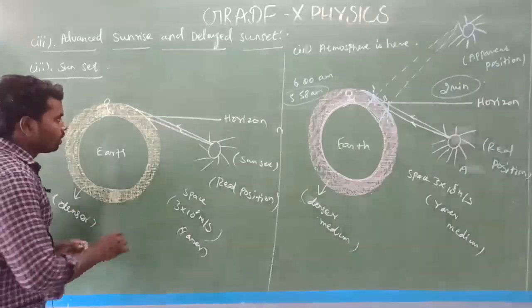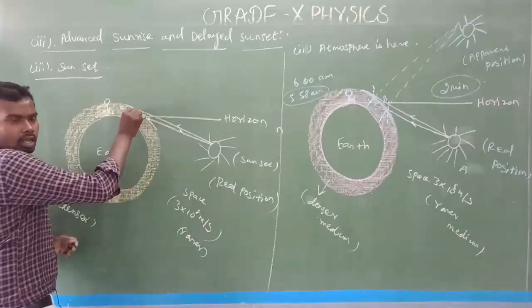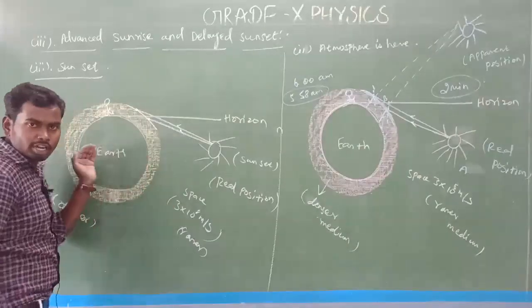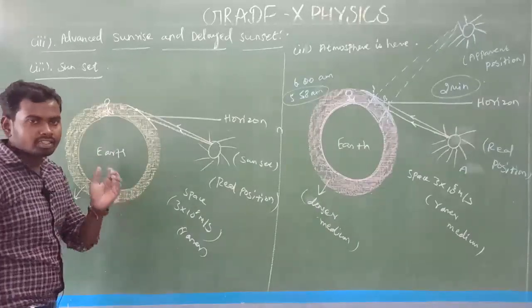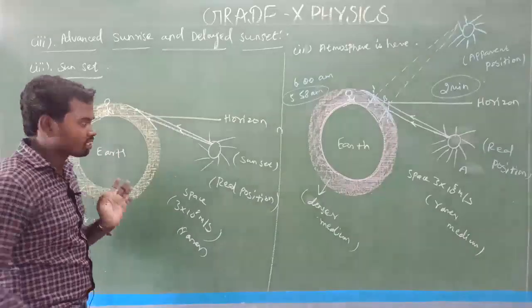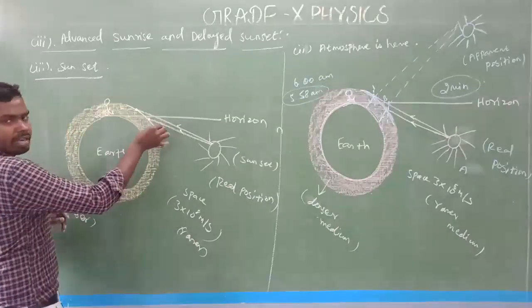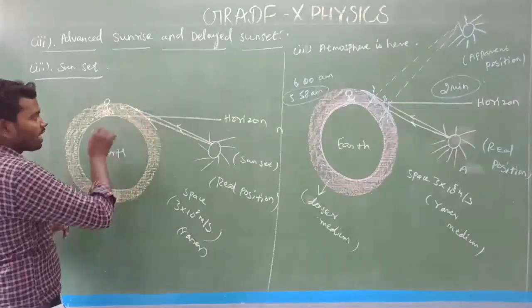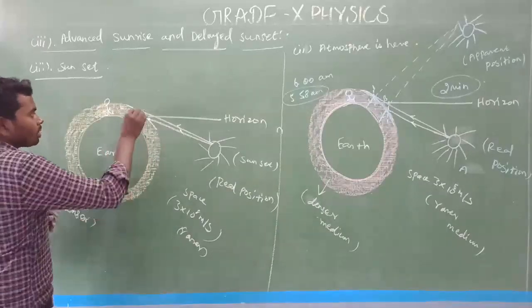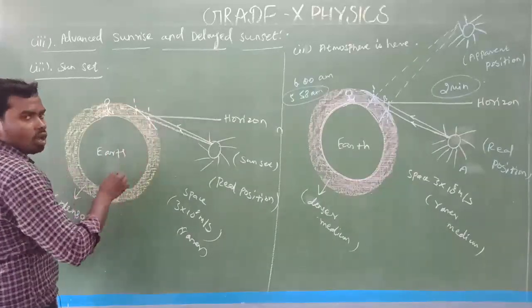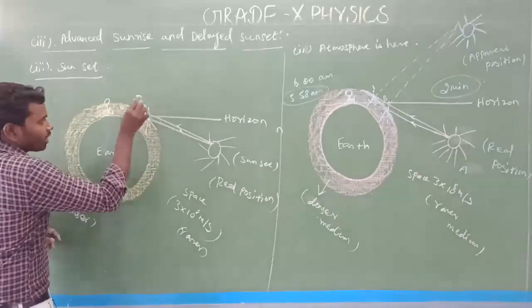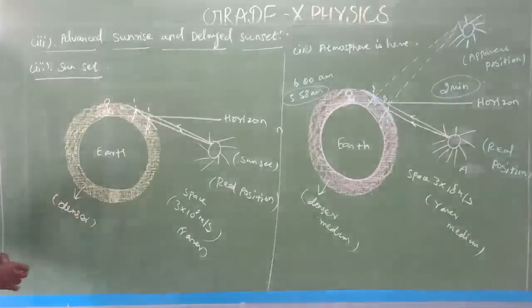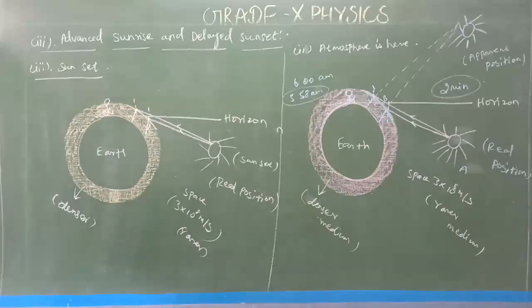That's very simple. This is the point of incidence, and that is the point of incidence. Whenever light goes from an optically rarer medium to a denser medium, the speed will decrease, due to which the refracted direction changes like this. This is the rarer medium, this is the denser medium. Light moves towards the normal like this. So this is one refracted ray and that is another refracted ray.